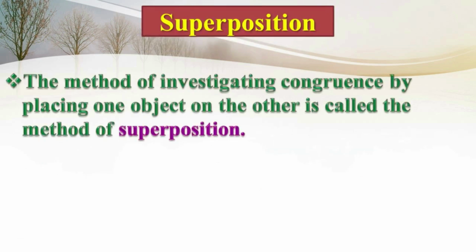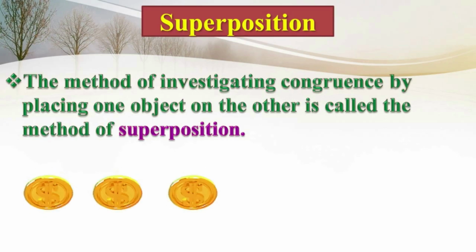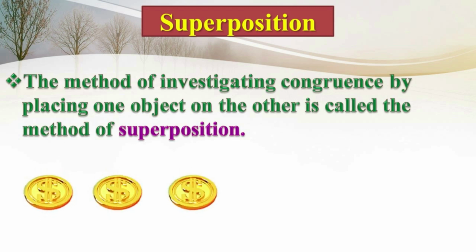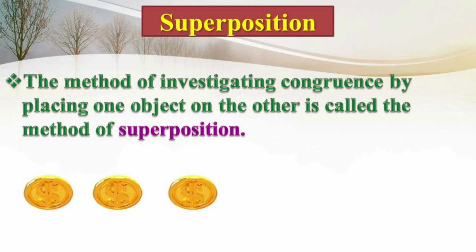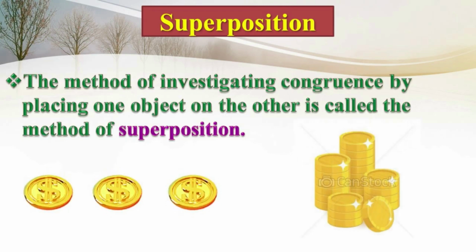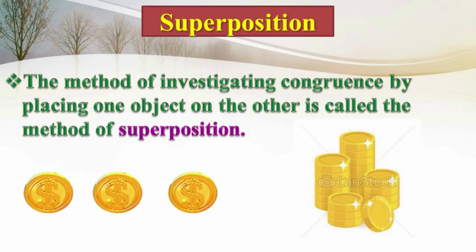Superposition. The method of investigating congruence by placing one object on the other is called the method of superposition. For example, let us take the coins. If two coins are placed one on top of the other, they will coincide with each other exactly. Let us see. By arranging the coins, like which is given in the figure,